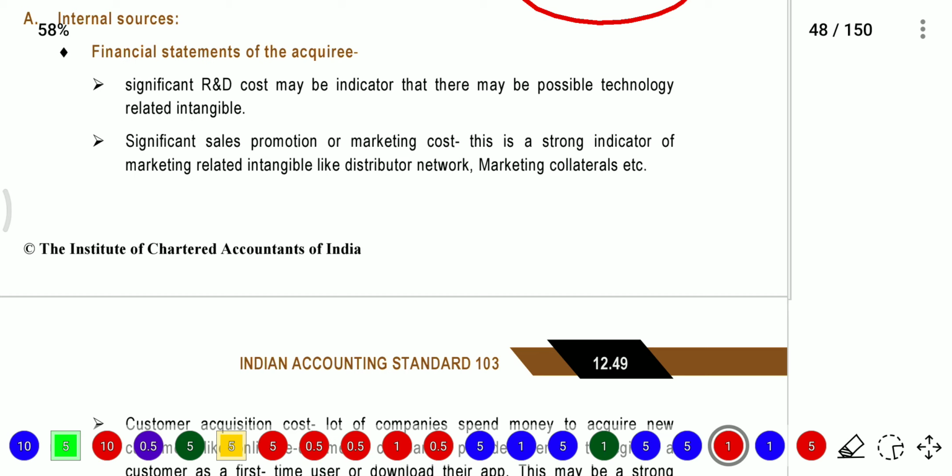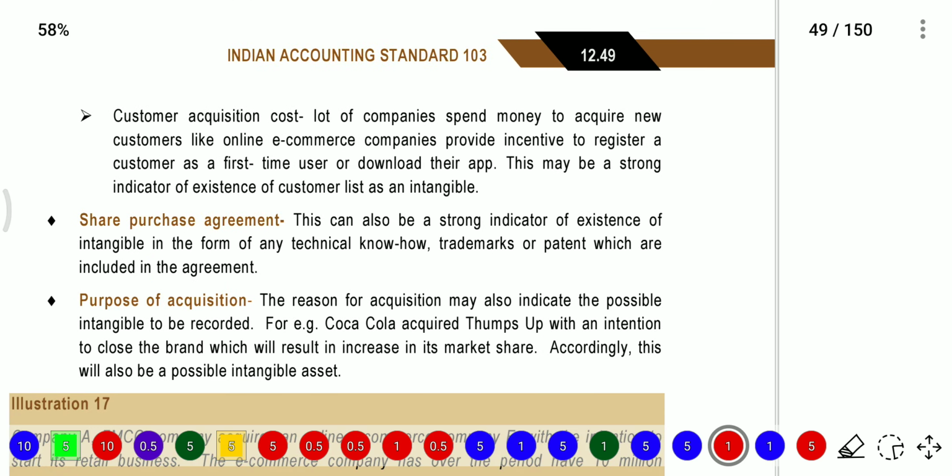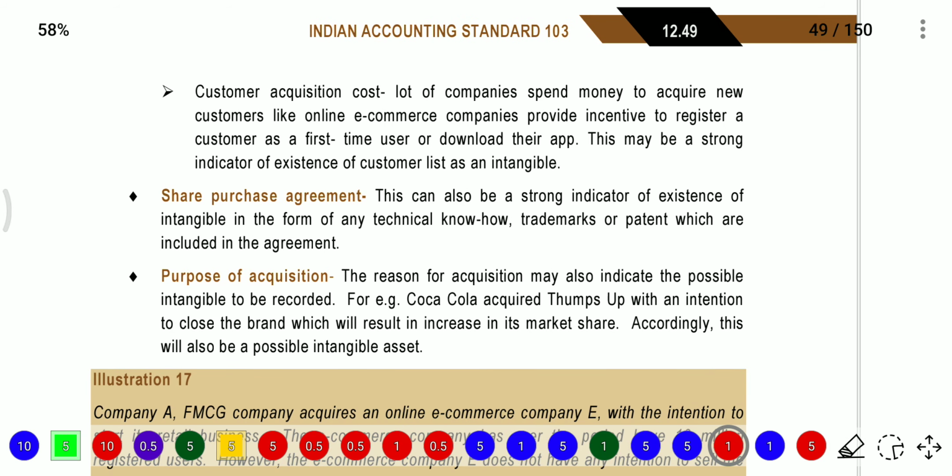Whatever the advertisement expenditure, it is for future purposes, but we cannot amortize the advertisement amounts. So the advertisement amount we need to charge to the profit and loss account whenever we incur it. Next, customer acquisition cost. A lot of companies spend money to acquire new customers. Like online e-commerce companies provide